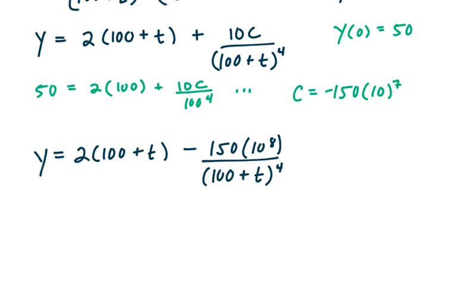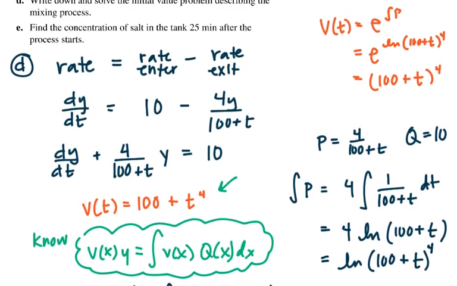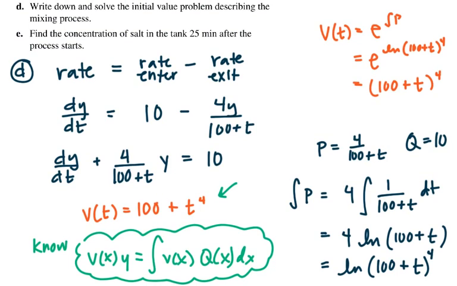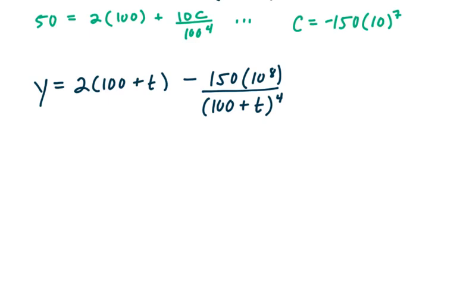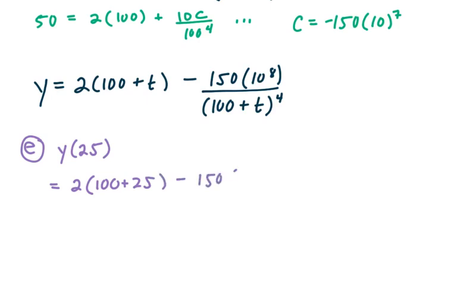And so part E says just find the concentration of salt in the tank 25 minutes after the process starts. And so part E is pretty simple for us to calculate. Part E is just plugging 25 in. So for part E, we need to find y of 25, which is going to equal 2 times 100 plus 25, 125, minus 150 times 10 to the 8th over 100 plus 25 to the 4th,